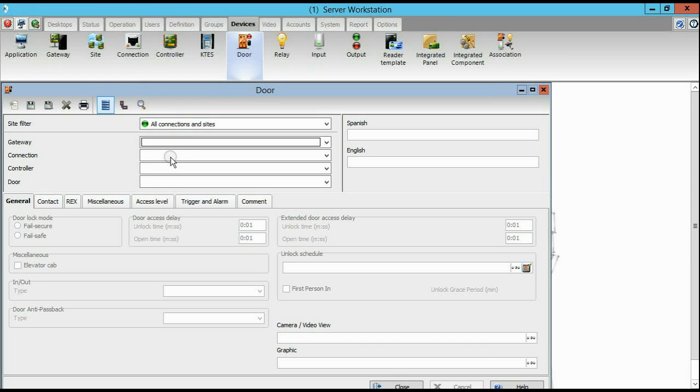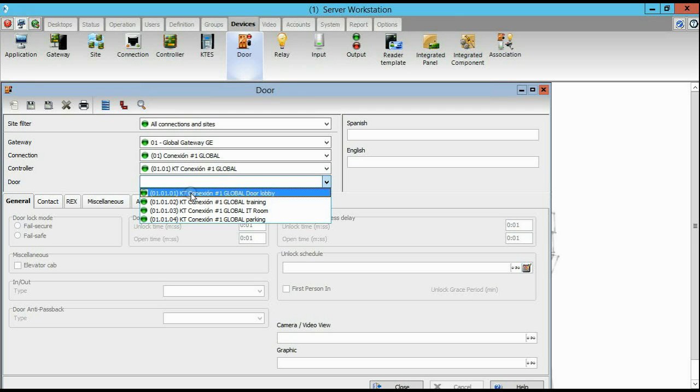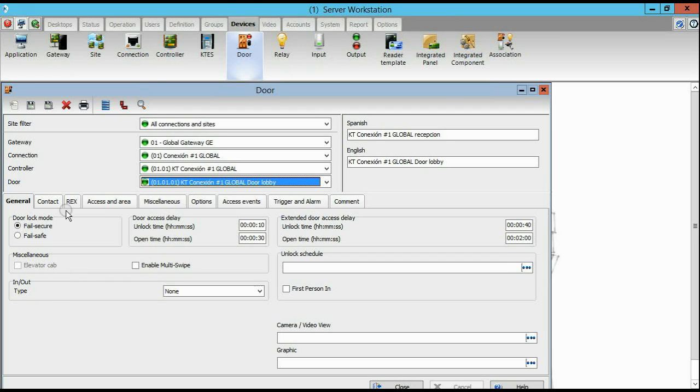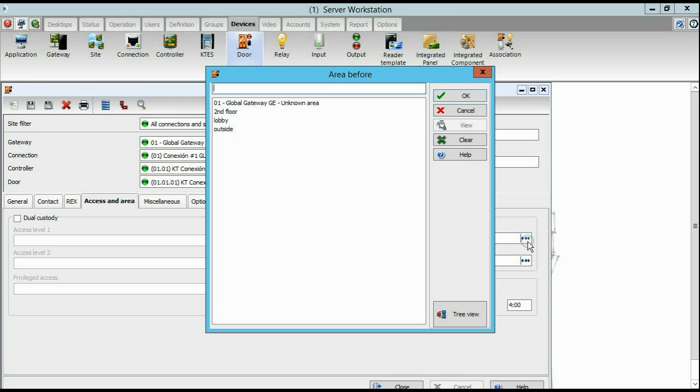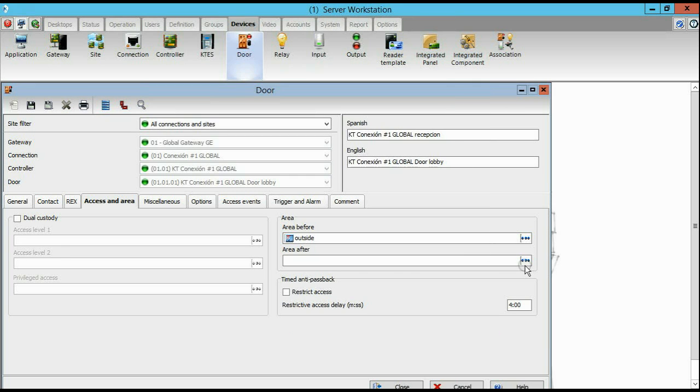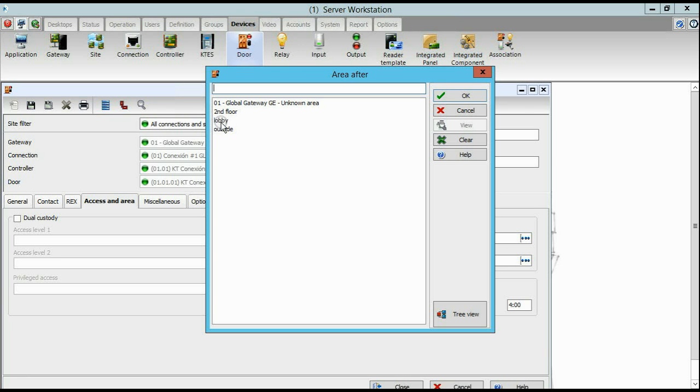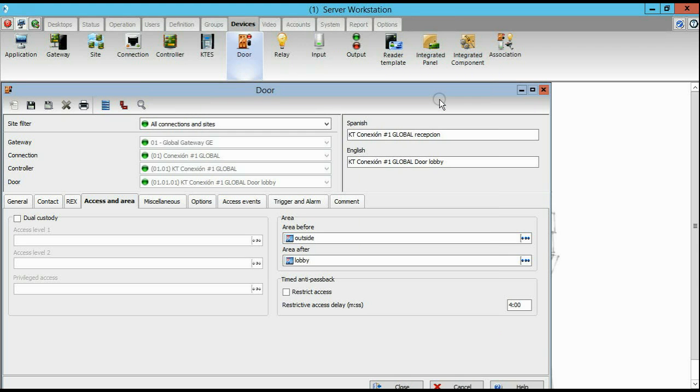We didn't assign them to anything yet. Actually, you know what, let's finish with the area part. Now, let's take a look at how we apply the area and what we can have. I go to device, door, to give you a quick example. The idea was to make a short video, and that doesn't look like it's going to be short at all. Global connection, the controller, and let's say the lobby door. And here I come to a tab called access and area that you don't have in any other Entrapass,